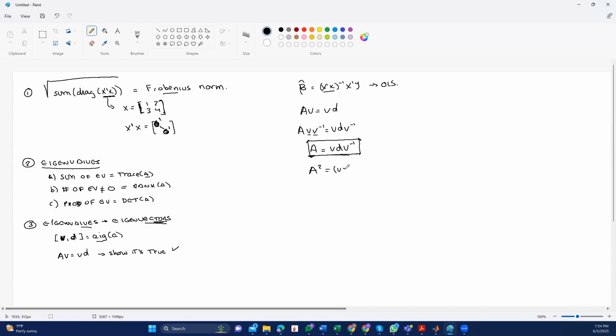So this implies A squared is BDB minus 1, multiplied by BDB minus 1. Do you agree? It's A times A, A squared. Now, if we operate this one here, this is going to be BDB minus 1 times BDB minus 1. Now, what is this one here? Identity matrix, right? It's like 1. So this can be simply B D squared B minus 1. So do you remember D is